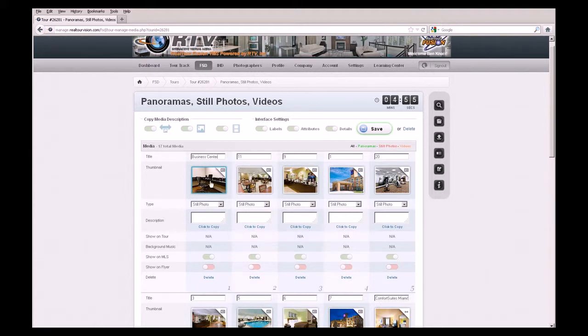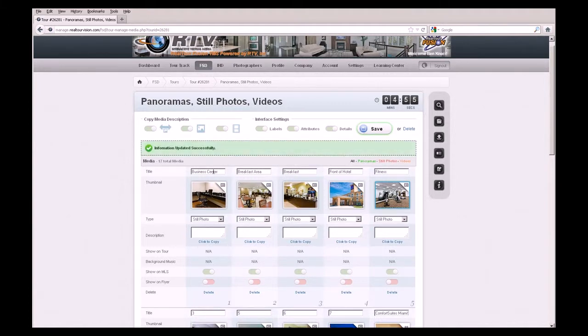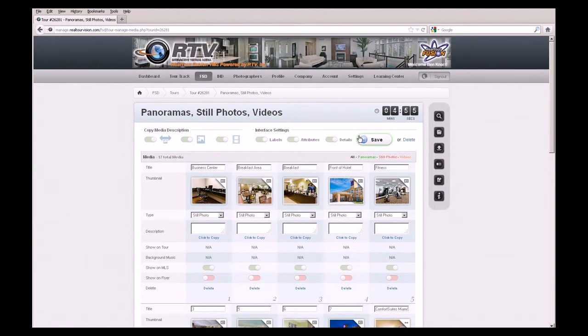You'll notice that this is the business center of a hotel. Here's the breakfast area here. All you need to do is just go ahead and click and type in the box at the top, the title that you want. And once you have typed in the titles, it's important to click the save button at the top to make those changes permanent. If you do not click save, then all of those titles will revert back to whatever they